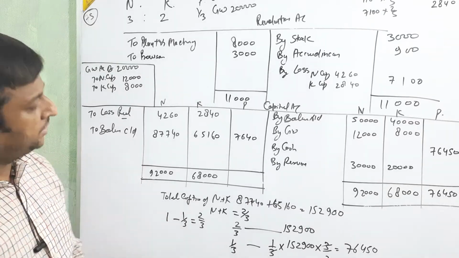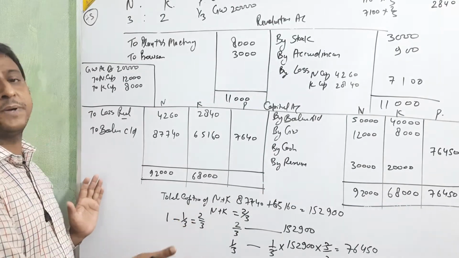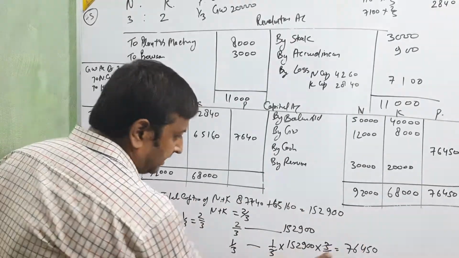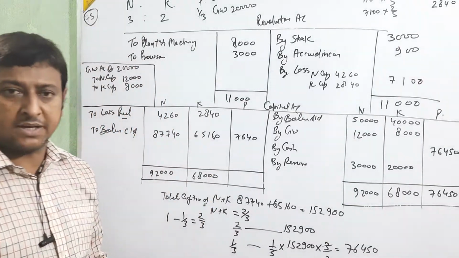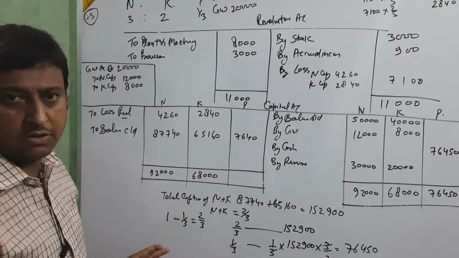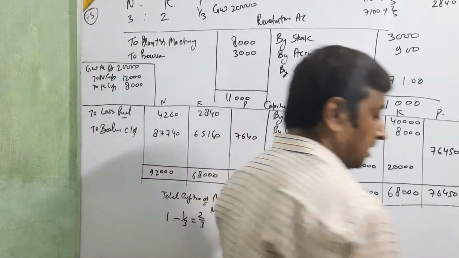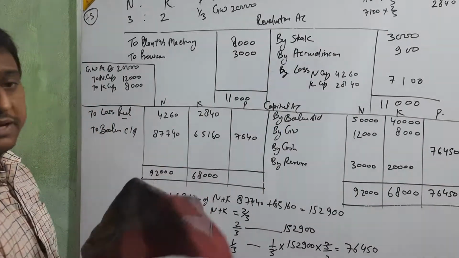Clear beta? Now we are going for the balance sheet. If this is clear, only this is new for this topic. All this section is new for this topic. Other things are old. Nothing new is there. Now I am going for the balance sheet. Only roughly the revaluation account and other things. I am going to make the balance sheet.